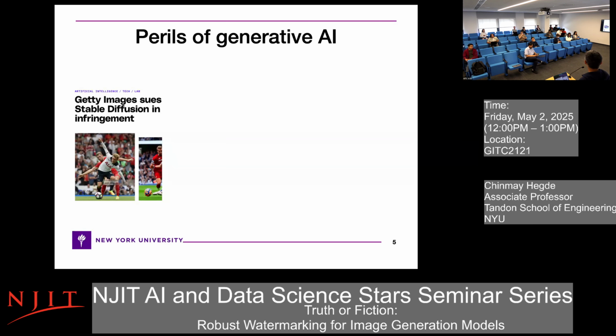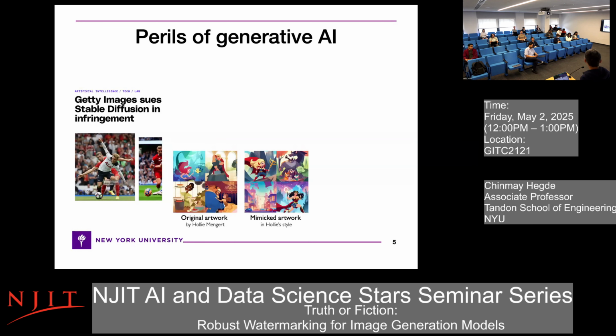So Getty Images, one of the popular image hosting websites, sued Stable Diffusion because what the model reproduced was exactly the same as one of their photographs. But also artwork, right? People spend decades honing their craft, and then now comes a model which can exactly mimic how